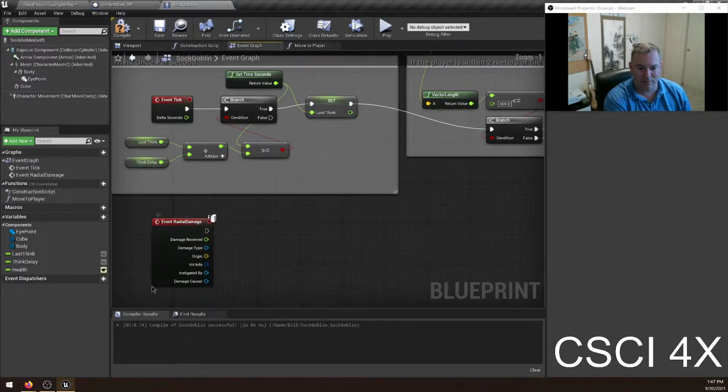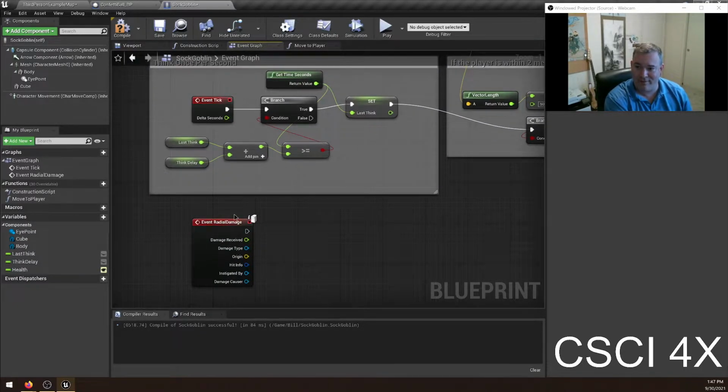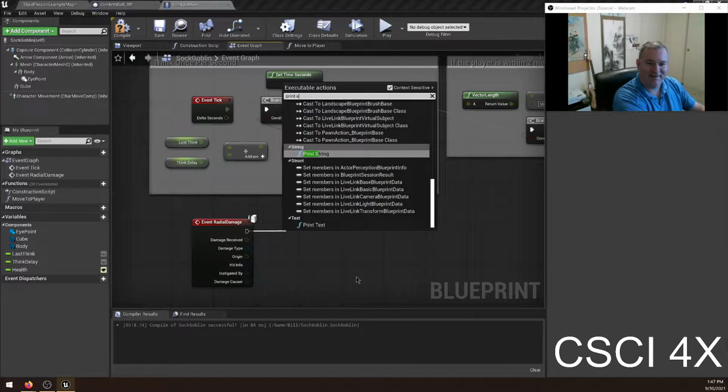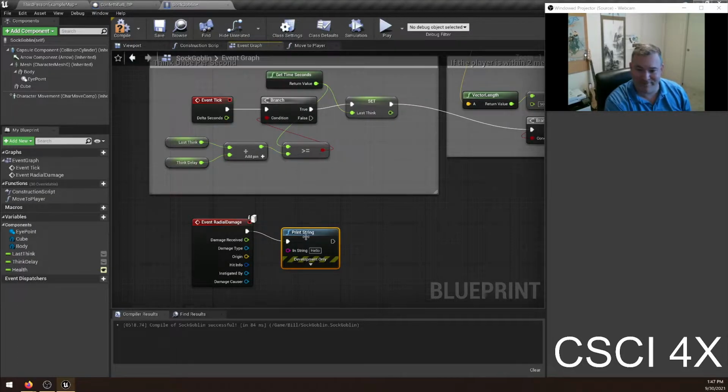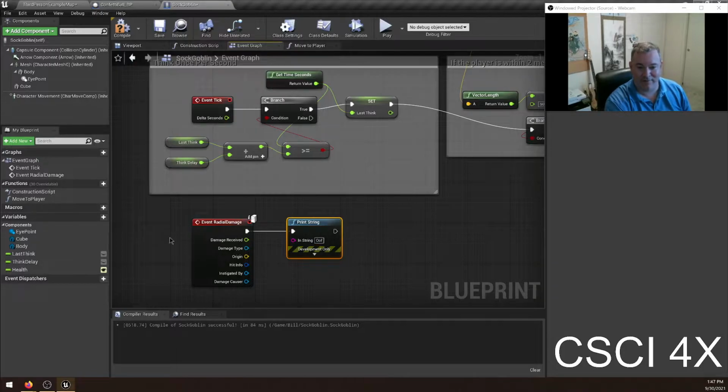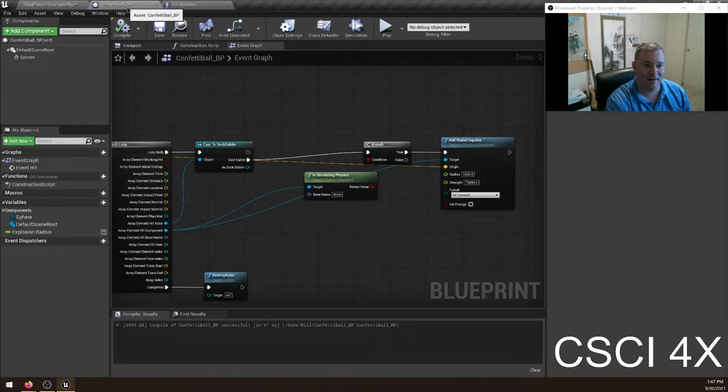And what's the first thing we do when we get a new event? What's the first thing we do? Print string. All right, let's just see if it worked. I'll just have it say oof if this event took place, and then we save it and compile it, and then over here,